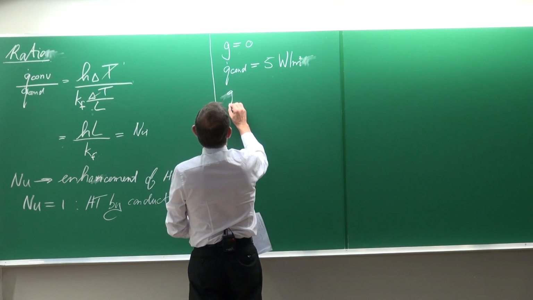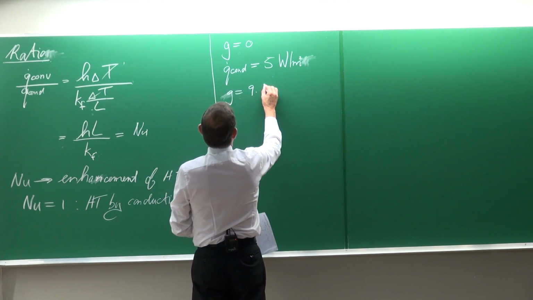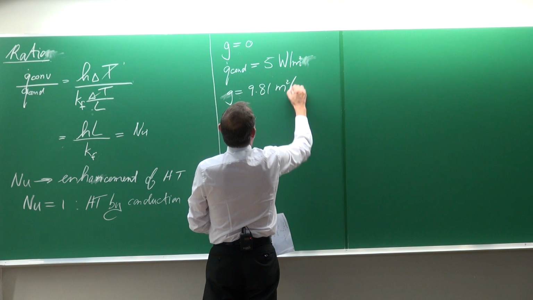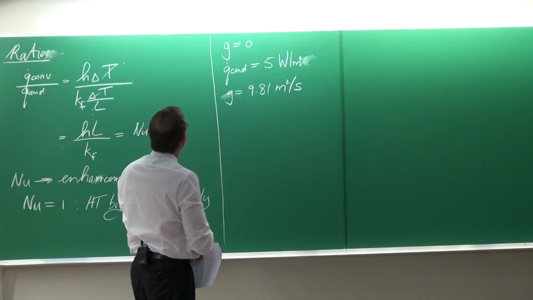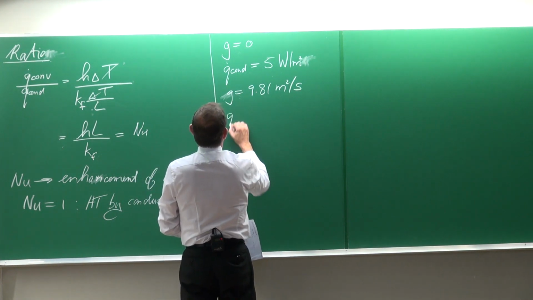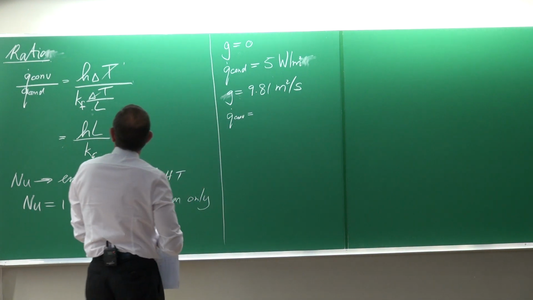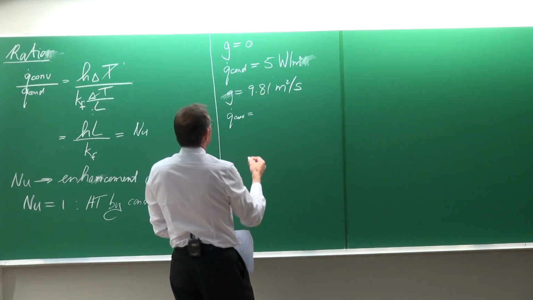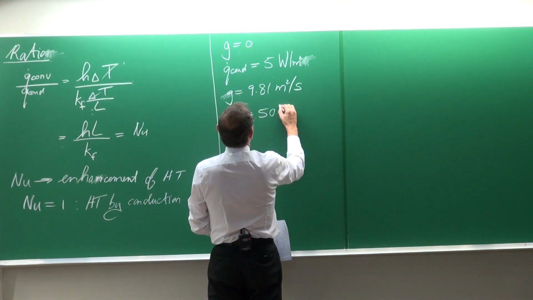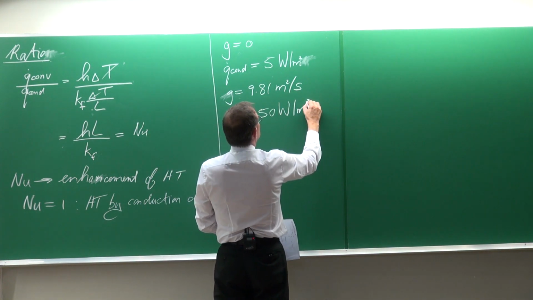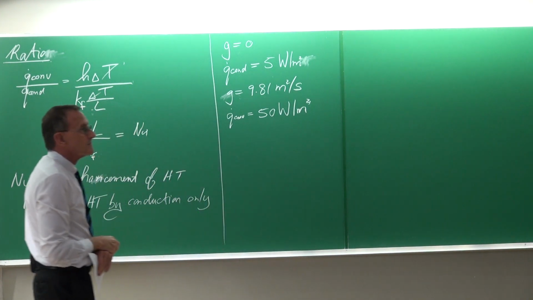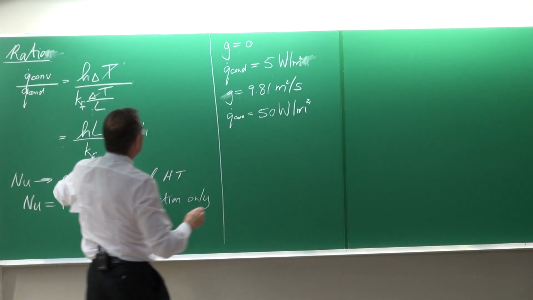However, if you put on the gravity, and now you go and determine the convection, and the convection is 50 watts per square meter, then the Nusselt number